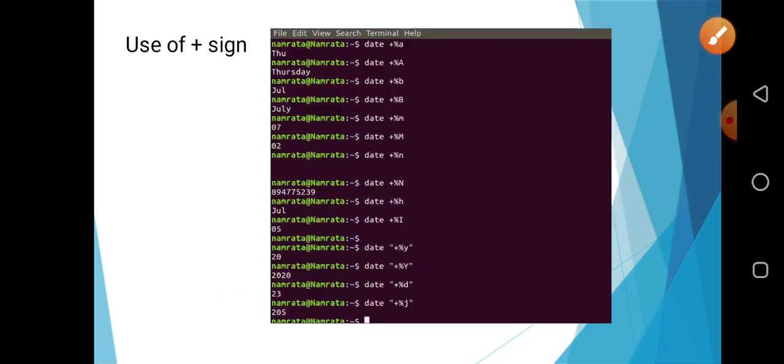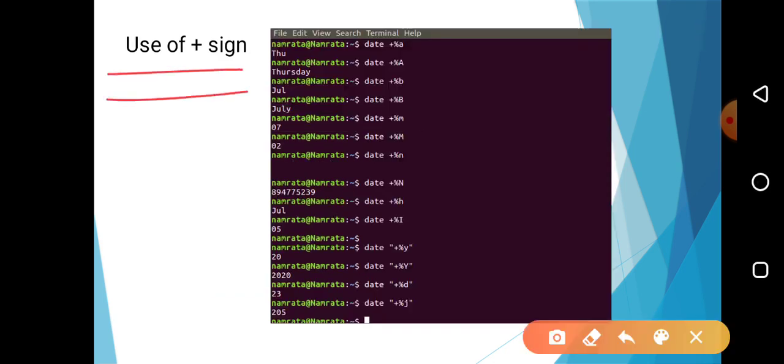Now next one is use of plus sign. You can use the plus sign over here for entering the different options. Suppose I want to try the different option of date. So I am writing the command date space plus and after that the option. Option is suppose percentage a. So it will give me the output THU, that is the day in short form.